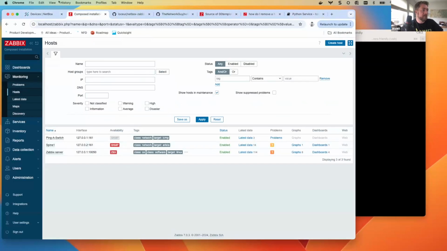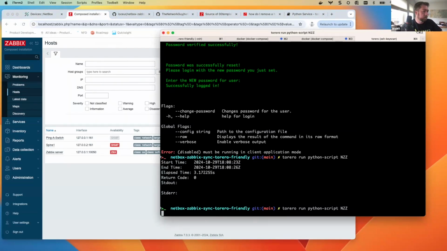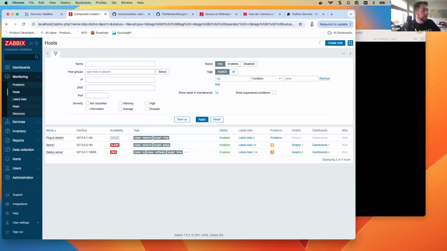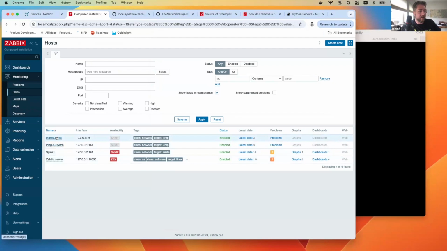Go over here, nothing's happened because we haven't run that synchronization script. You may run this manually, like I'm doing, or you can do it on some cron job to happen at a certain period of time. What this is doing is pulling the script from the repository, creating a virtual environment around it, running that script in that virtual environment, and then getting rid of that virtual environment. So it's doing a whole slew of steps and processes so that you don't have to do all those steps yourself. Okay, now I've run that and, sure enough, Mark's device, we have it right here.